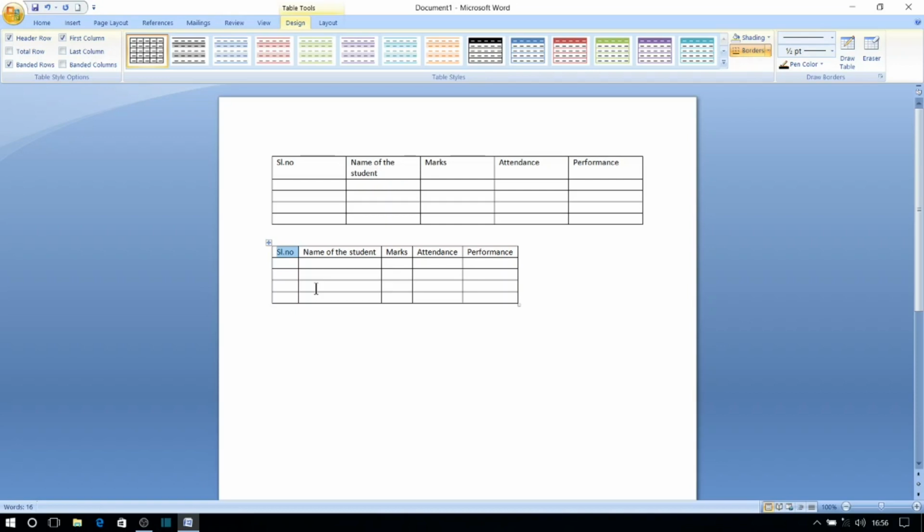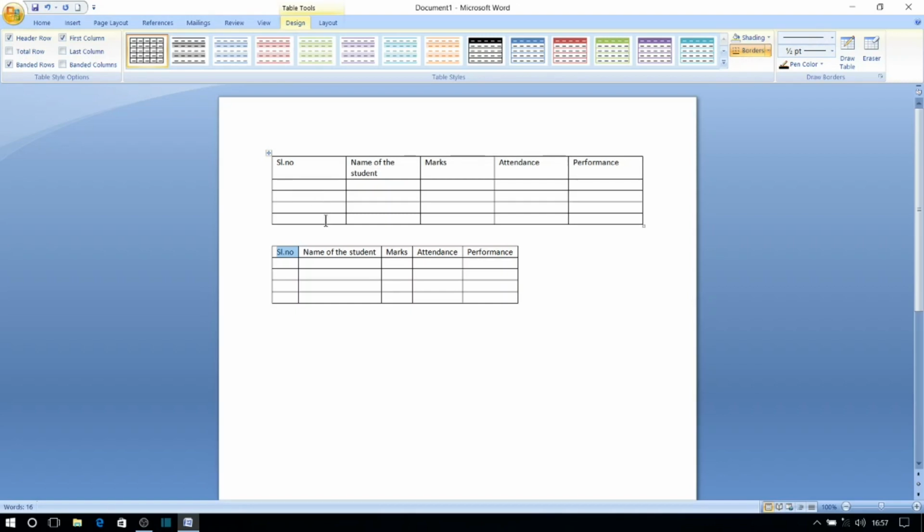In respect of the next column, where the data entered is little bit bigger, name of the student, the column width is bigger than the other four columns. So this table is called auto fit to contents table. In this table, the first row of first column is called a cell. The same way, each column in each row is called a cell. Now we can add as many rows as much we desire in this table.